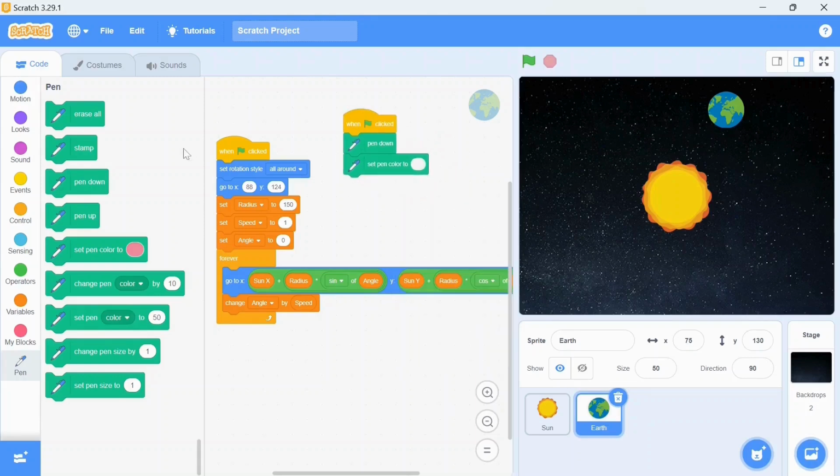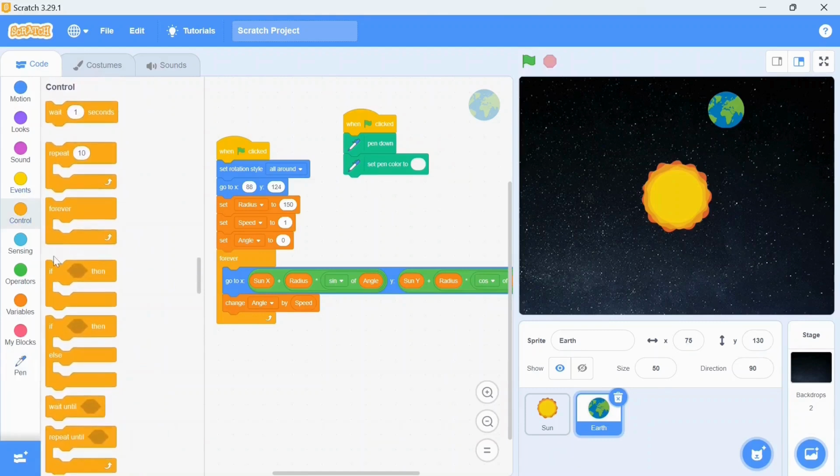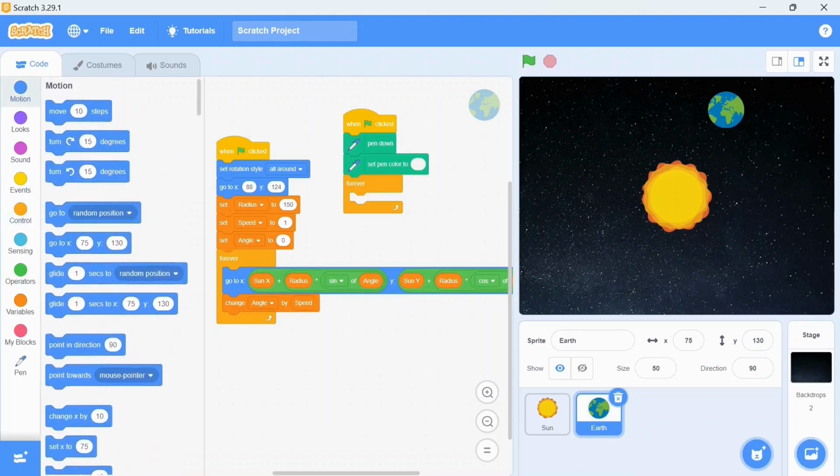Okay. The next thing I want is the forever condition, and it should rotate on its axis as well. That I want, because we know the earth rotates on its axis and it's going to revolve around the sun. For that I'm going to use the motion block, and here I will choose turn 15 degrees. Instead of 15 I will make it 10.